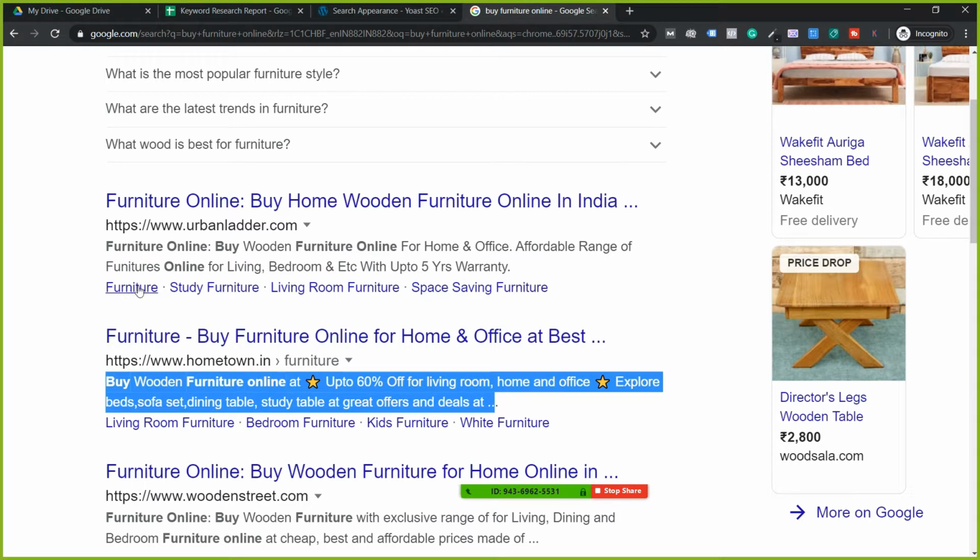Okay, these are called site links. It comes for PPC also, it comes for organic also. Usually these are generated automatically by Google, but still you can create a schema markup telling which pages you want to show in the SERP. This is generated based on the most popular clicks coming to the web page. Which pages of your top navigation menu are getting the most clicks? Based on that, this gets generated.